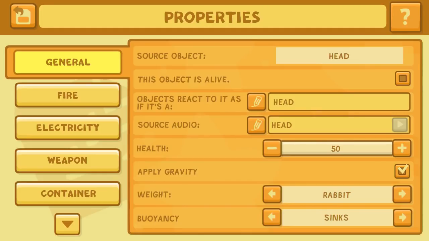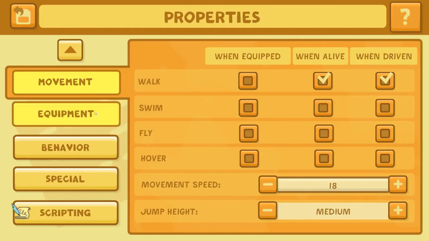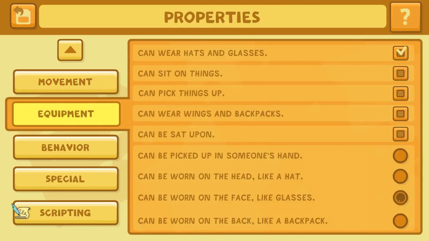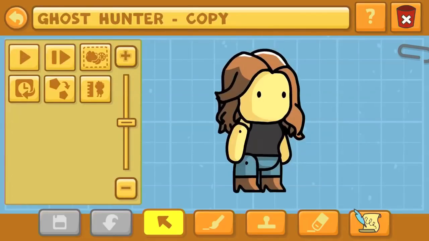As a reminder, equipment tab can be worn on the face like glasses. That's what you want to fill in for that circle. Again, on the equipment tab in the properties editor. And that'll do it. Got a ghost hunter coming up next, the female ghost hunter that is, and so we're